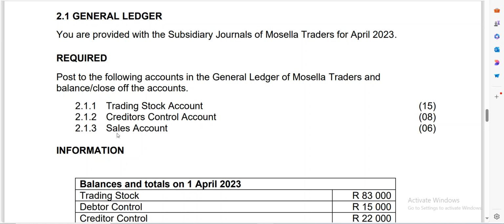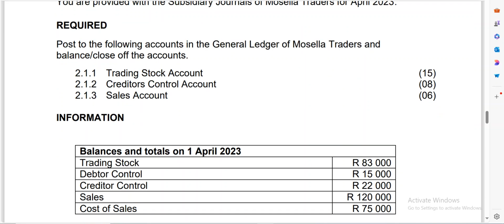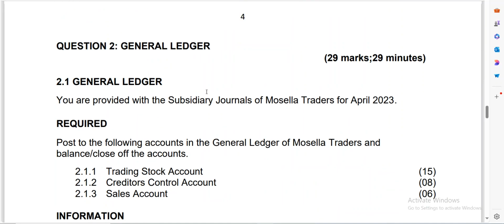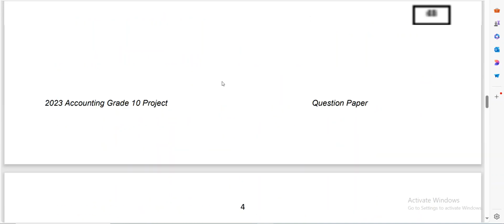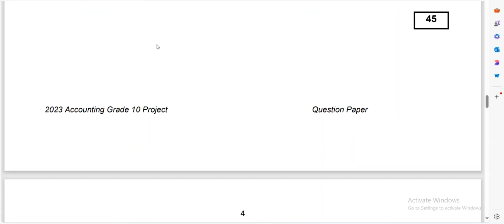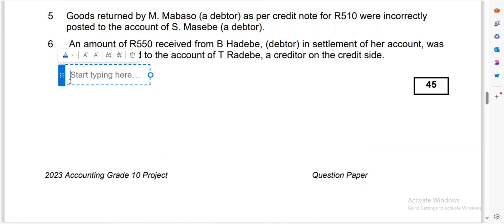Now when it comes to the ledger account, what you need to do is firstly make sure that you enter the opening balances that are given to you. And if you look at this, we are required to do our trading stock, creditors control, as well as the sales account. Now you need to remember a principle, and I'm going to draw some principles that can help you to remember this. There's a principle called